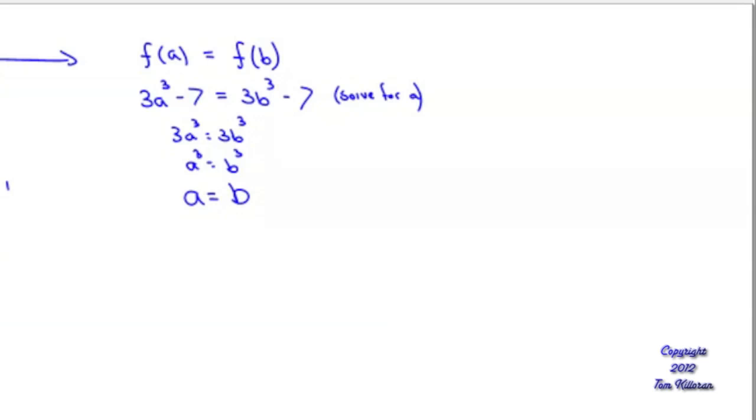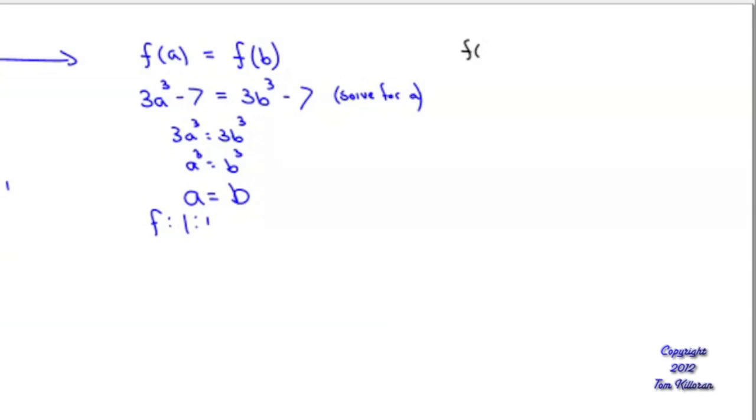So since a equals b and doesn't equal anything else, we know that this function f is 1 to 1. Great. Now let's find its inverse, because you can only find an inverse over the entire domain of a 1 to 1 function. So to find the inverse of